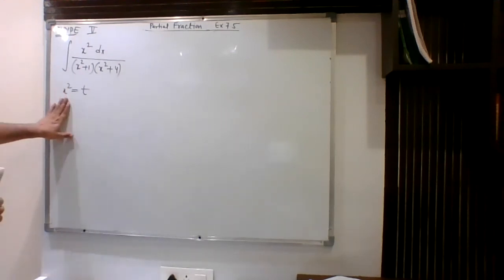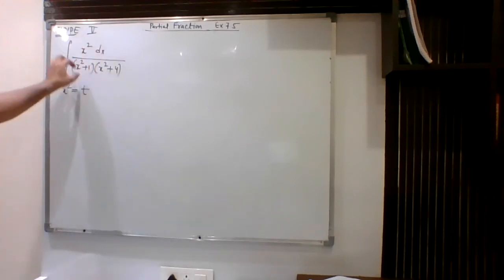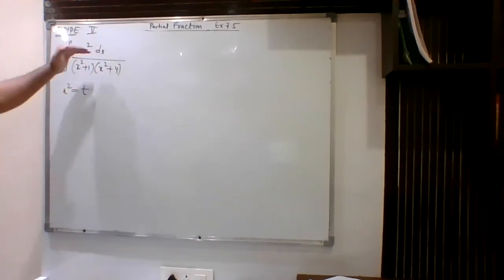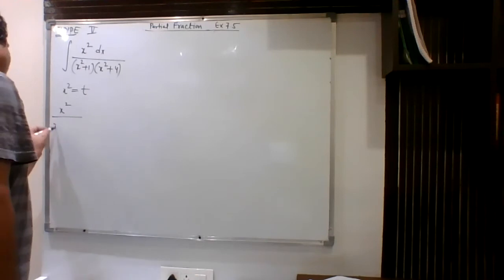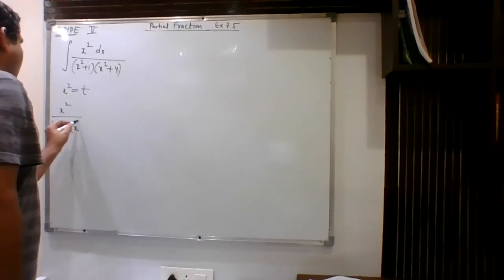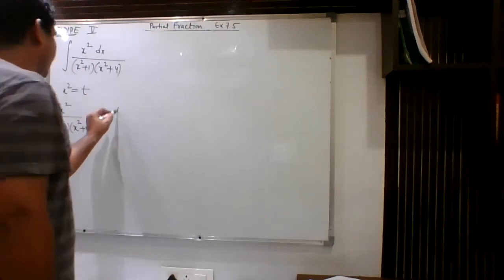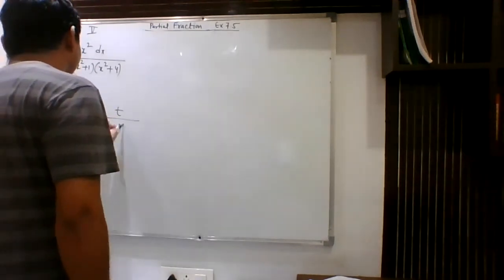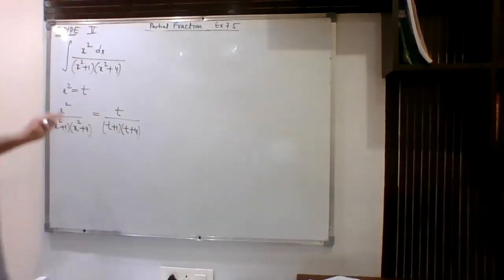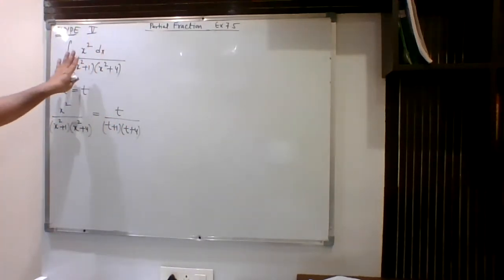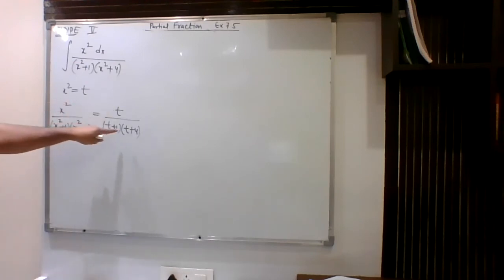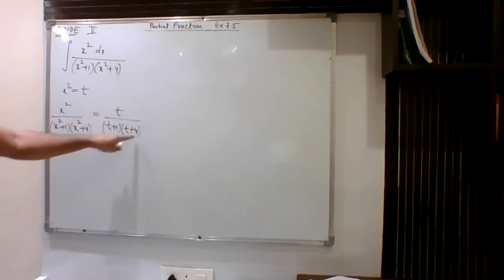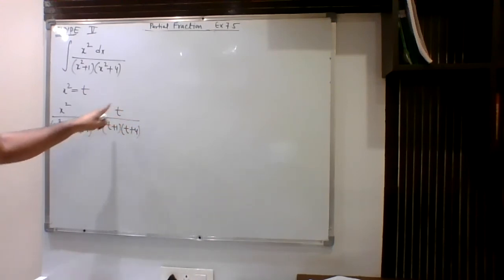Now first, we will not convert this question in the form of t, and here it is not possible to convert it in the form of t. We will consider the integrand part only. So this is your integrand, which can be written in terms of t as this much. We are not converting the question to dt form, so you are not allowed to integrate in terms of t. I had just taken this integrand, which can be written as t upon t plus 1 into t plus 4. Now over here I can apply partial fractions, partial fraction type 1.